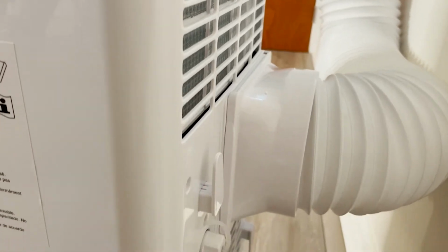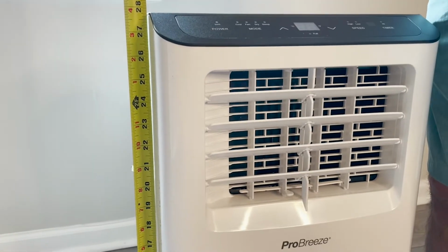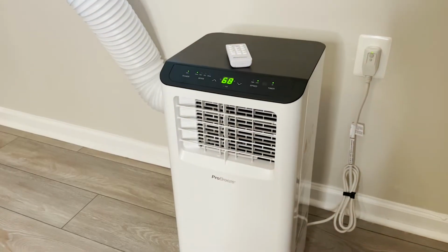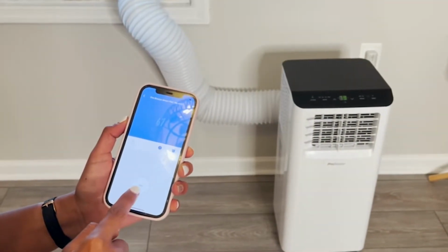I really love its size. I love the fact that it's white and it's very easy to move around and it's super easy to install. The company also provides you with the window kits that come with dual option for either sliding windows or hinge windows. This is a 10,000 British thermal unit, which is perfect for a big room, for a bedroom, or for